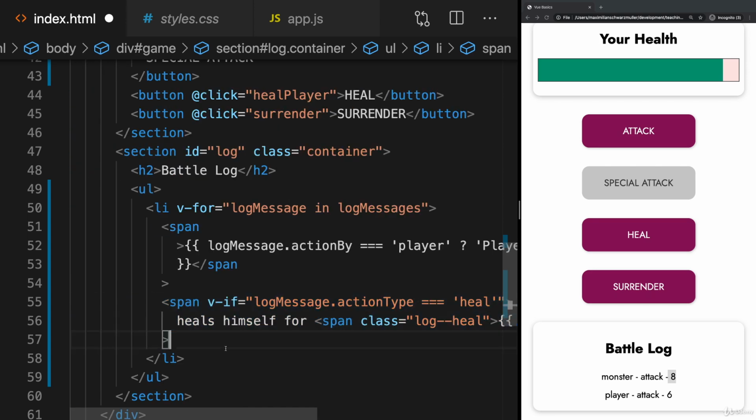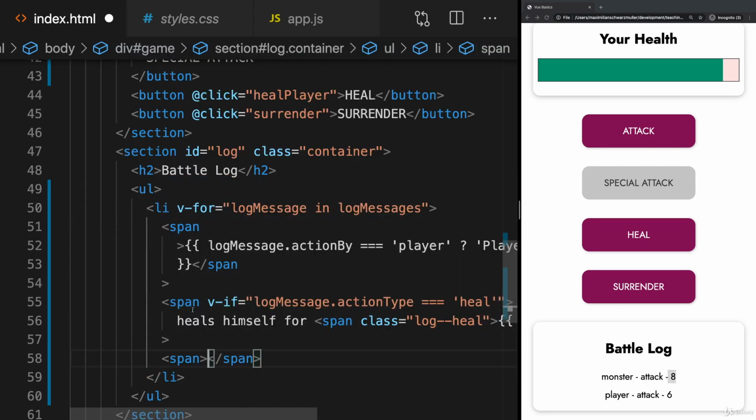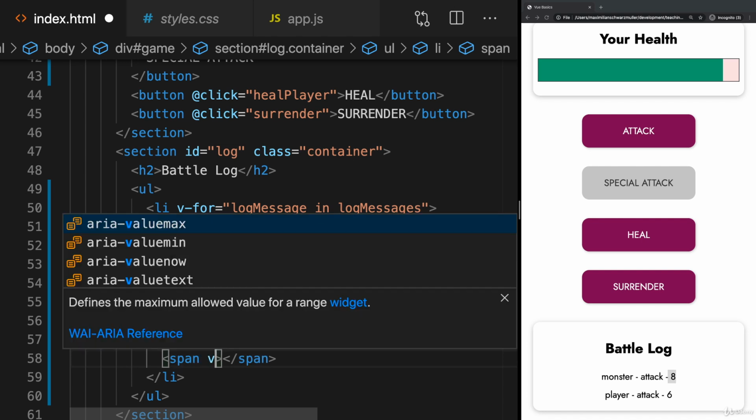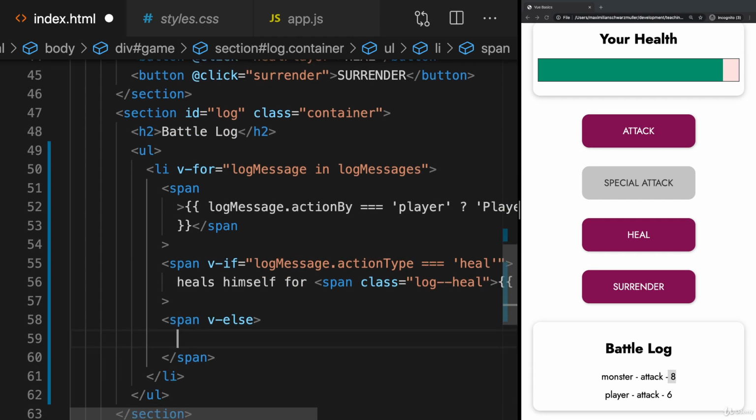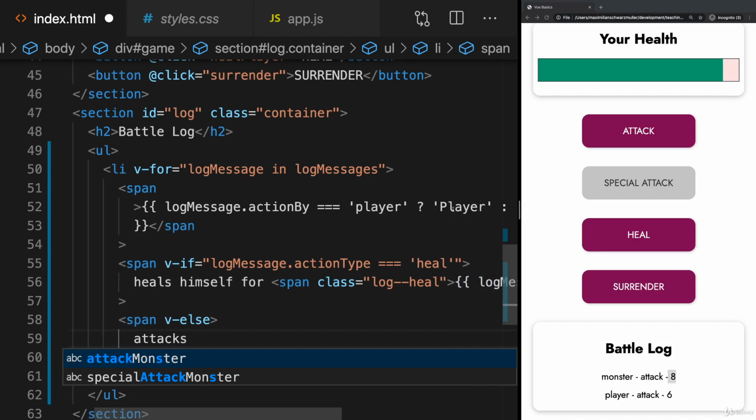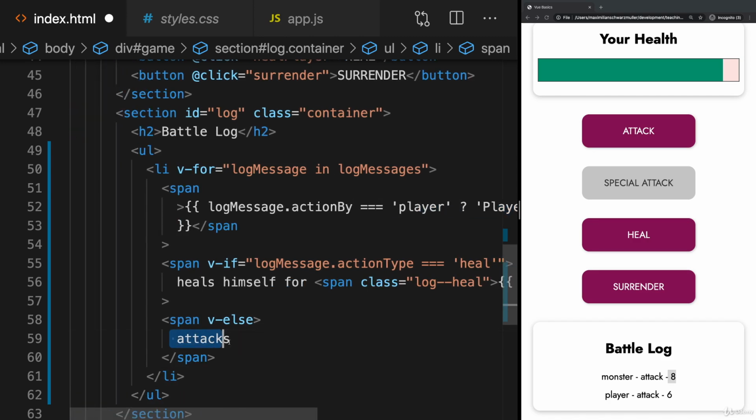Now this was one option. I need another span next to this general heals himself span, and that is for the scenario that we actually dealt damage, that we did not heal ourselves. Here we can use v-else because dealing damage is the only other option we have in this game. And therefore here I'll say attacks, so that we say something like player attacks, and deals